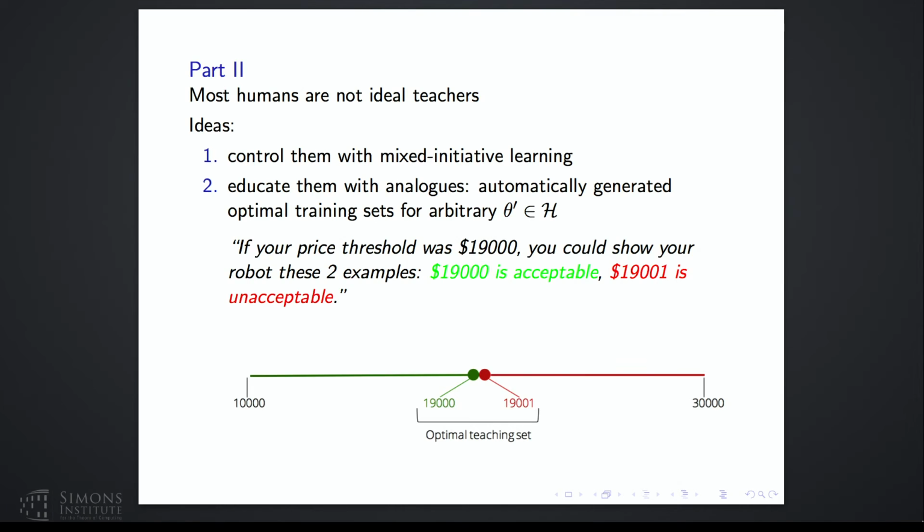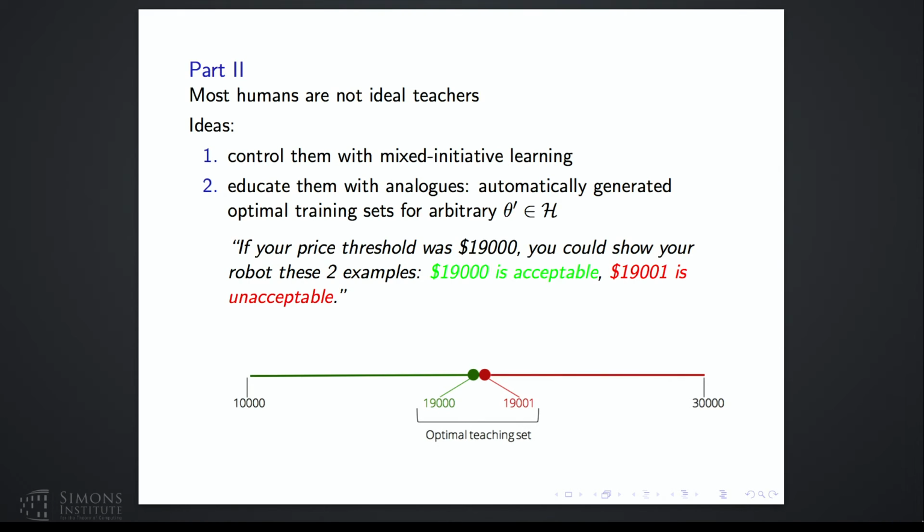So that's that, using a special algorithm with certain guarantees to force the humans to be good teachers. The second idea is to educate them. Okay. The idea is very simple. You want to show them what an optimum training set looks like so they can do that. But of course, they're trying to teach you theta star, so you don't know what theta star is. What you can do is to pick an arbitrary theta prime from the hypothesis space and say, hey, if this were the concept you try to teach me, I, as the computer, can compute what the optimum training set would look like, then I will show that to you.